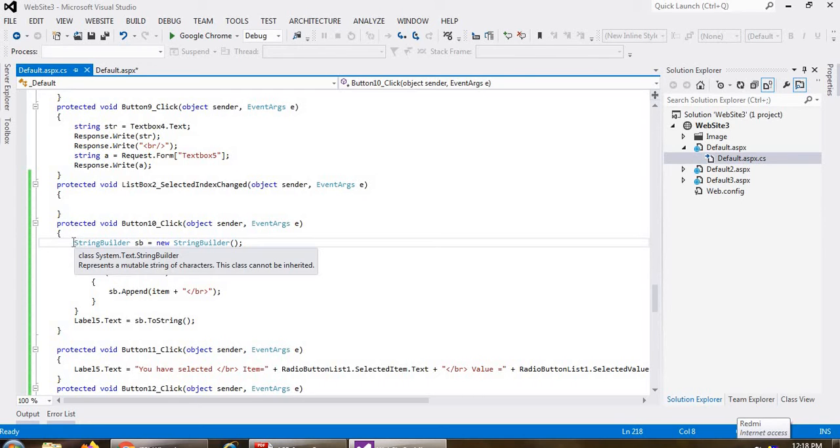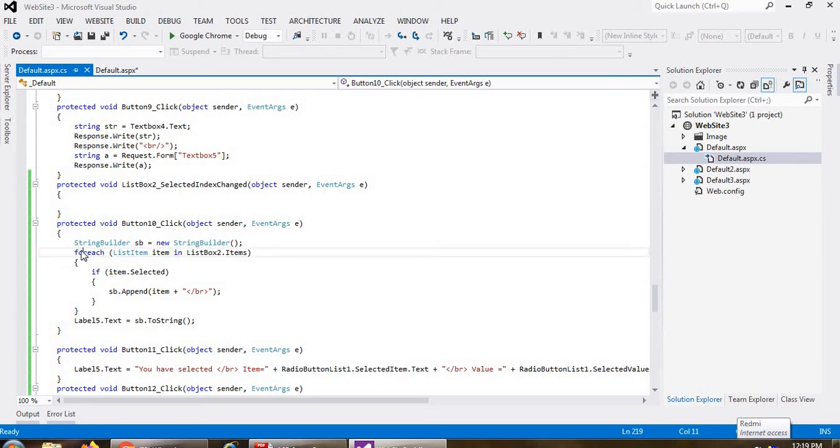So here I have created the StringBuilder, which is my class, and I created the object of that class, SB. SB is my object, right? Then I have used the foreach loop बिकॉज मुझे क्या करना है, मैं जितनी भी आइटम सिलेक्ट करूँगा, जैसे कि मेरे पास आई हैव 5 आइटम्स इन माई लिस्ट बॉक्स, मेरे पास 5 आइटम है, उसमें से मैं 3 सिलेक्ट करूँगा तो तीनों 3 वहाँ पर डिस्प्ले होनी चाहिए. तो उसके लिए मुझे लूप चाहिए. वाई वी आर यूजिंग लूप? क्योंकि मुझे जितनी भी आइटम मैं सिलेक्ट करूँगा हर एक आइटम को मुझे डिस्प्ले करना है.